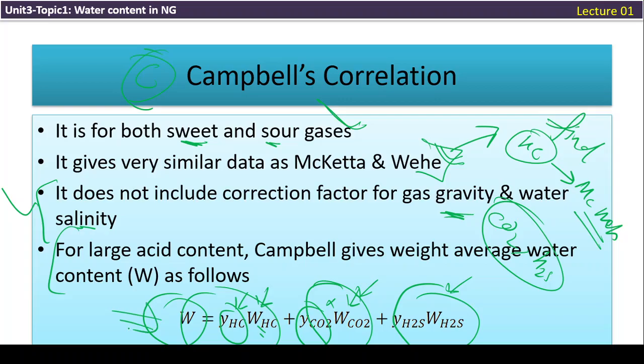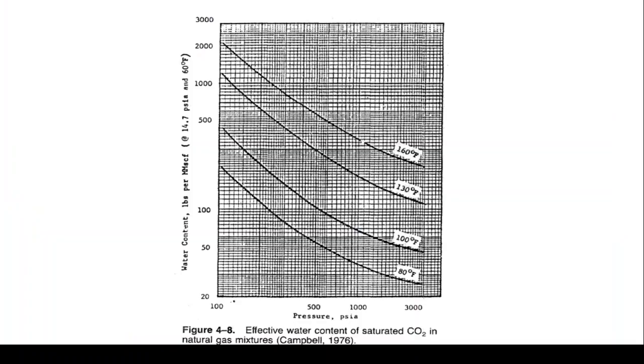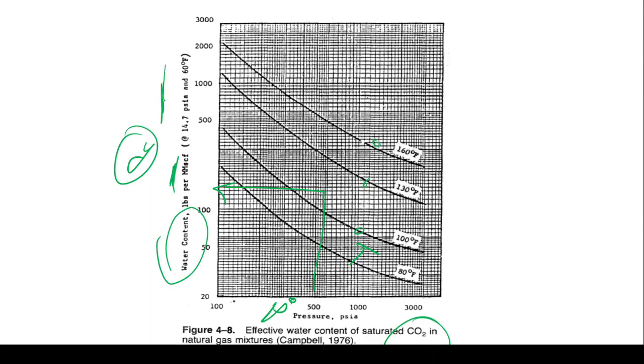So how to do it for CO2 and H2S? These are the graphs. This is the graph for CO2. Here the pressure is given, and the temperature values are given here. With the help of pressure and temperature, you can find the y-axis value. The y-axis is the water content in pounds per million standard cubic feet at the given temperature and pressure. The standard condition is 60 degrees Fahrenheit and 14.7 psi. So this is the effective water content of saturated gas, that is the maximum water content due to the